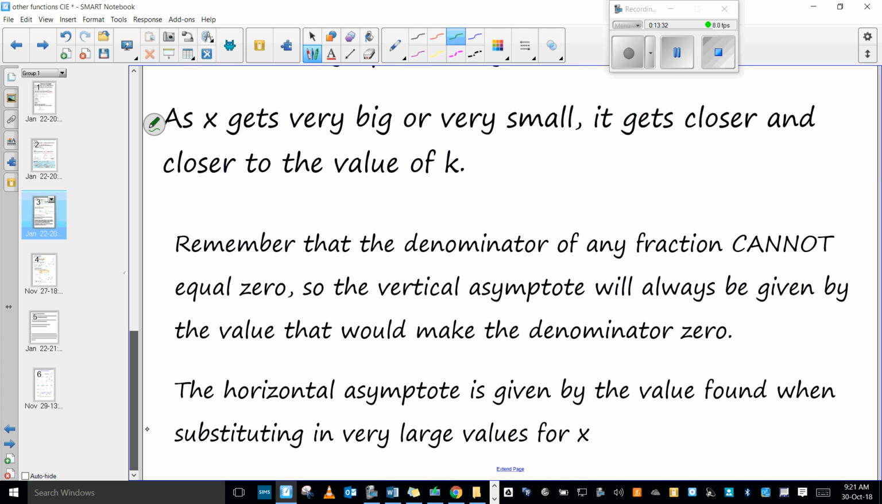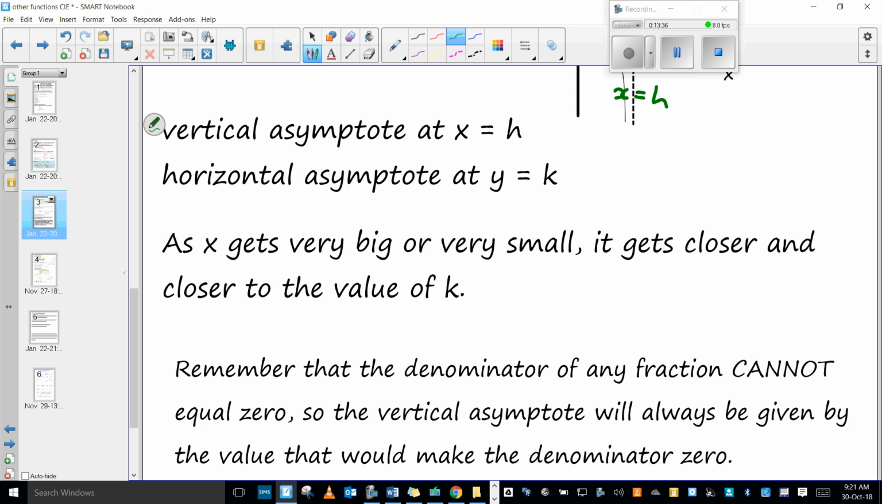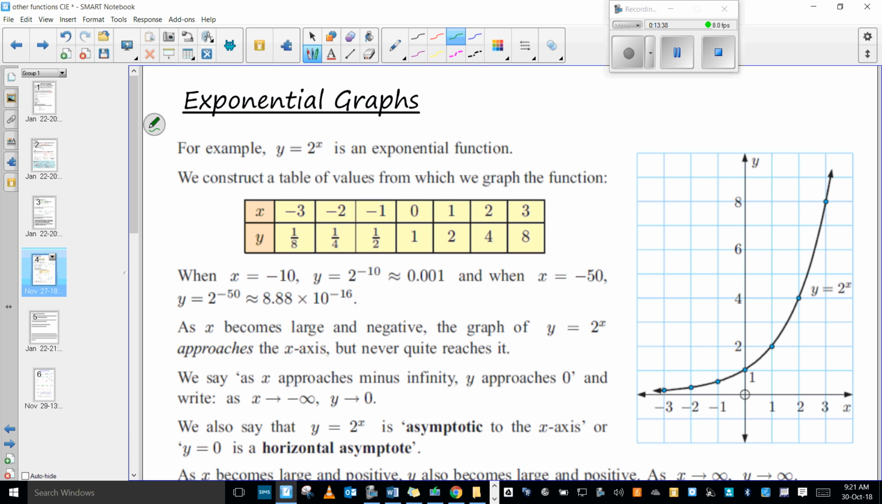That explains all of that. We'll see some examples when we get to the next slide. Alright, exponential